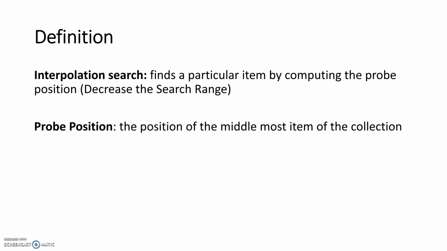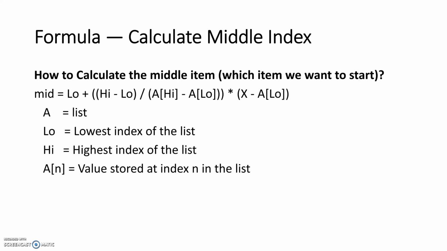Interpolation search also defines the probe position, which means the position of the middlemost item of the collection. This definition sounds a little bit harder to understand, but don't worry, we have a formula to calculate the middle index. This is the formula that you want to grab when you do interpolation search. But don't worry about what each symbol means right now. We will give you an example that will help you understand